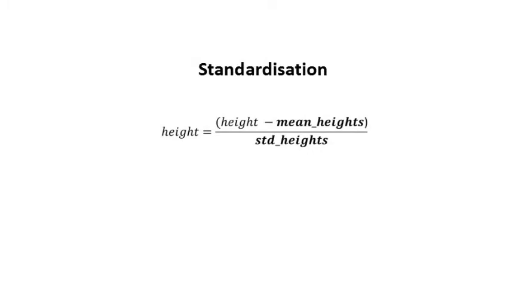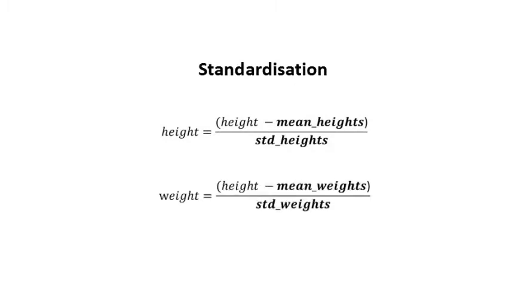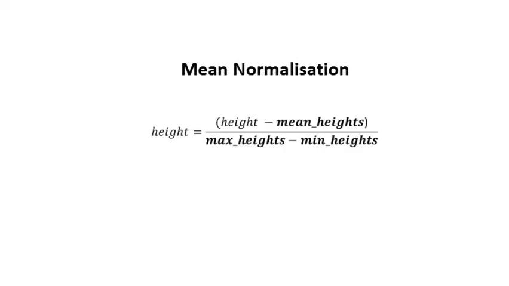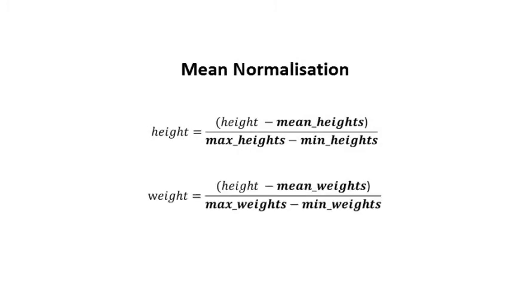Now there are various techniques to scale features. One of them, which I used here, is called standardization, where new height is calculated as original height minus mean of heights divided by its standard deviation. And the same way for weights. This technique scales down the variables to have mean 0 and standard deviation of 1. You can also scale features with something called mean normalization, where you just replace the denominator with maximum of height minus minimum of height, also known as range. There are also other techniques to scale features, but these two are widely used.